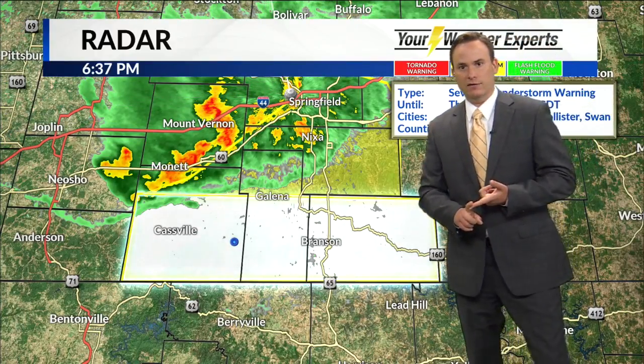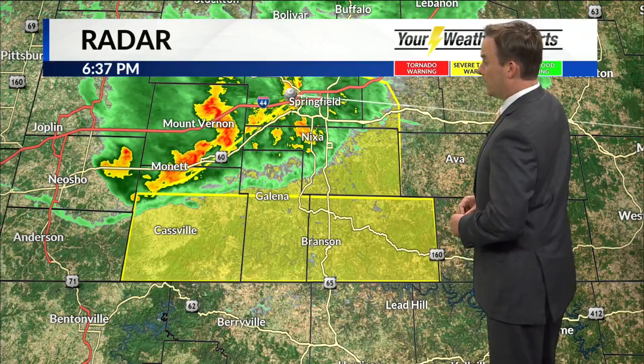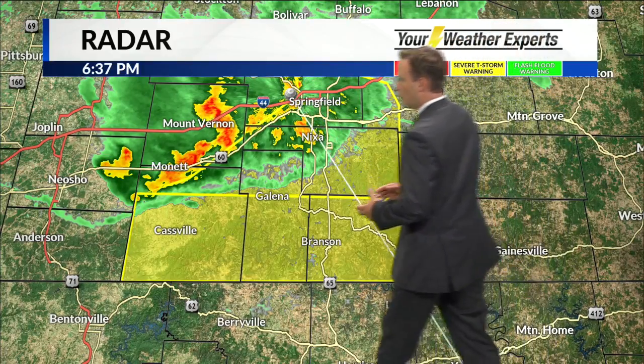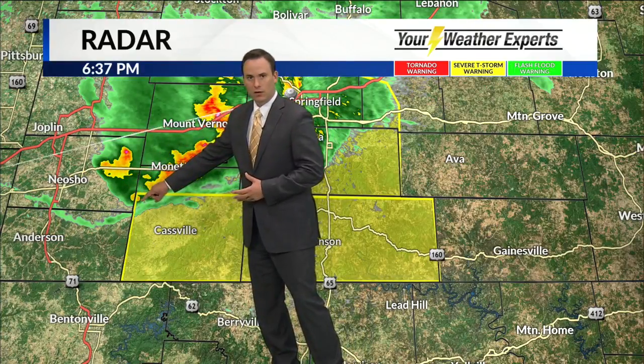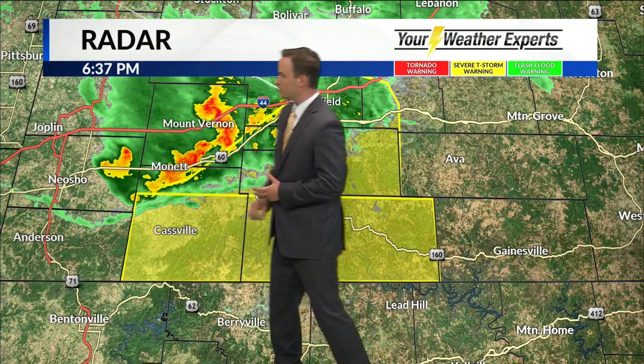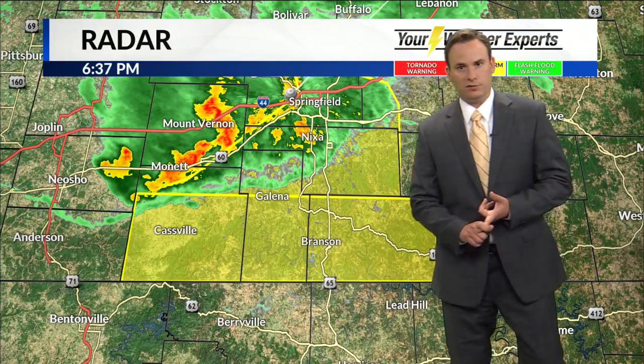We will find that line of potentially severe storms moving into the Branson area at that point. In Cassville, it may be a situation where you get more wind than rain, as it looks like the back end of this line is starting to weaken a bit, but there is going to be a shot at some rain. You certainly will get some gusty winds, though, maybe in excess of 50 miles per hour as that gust